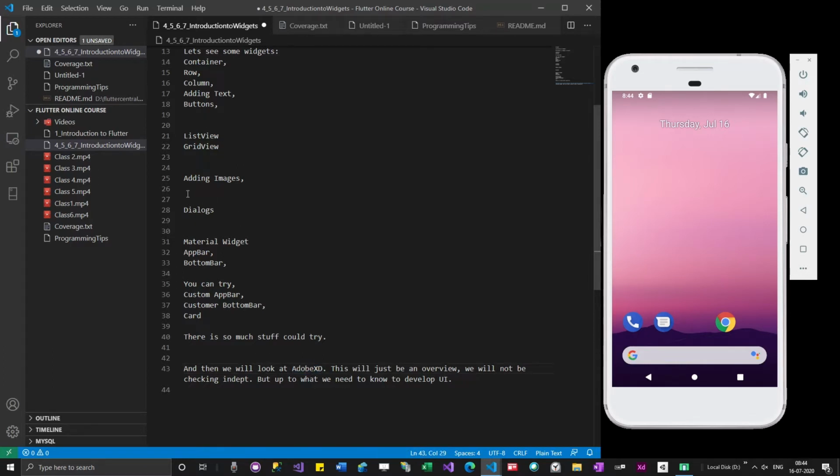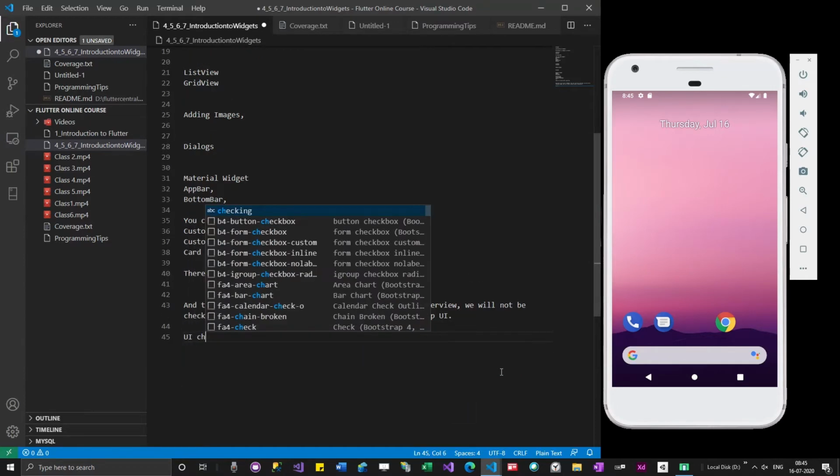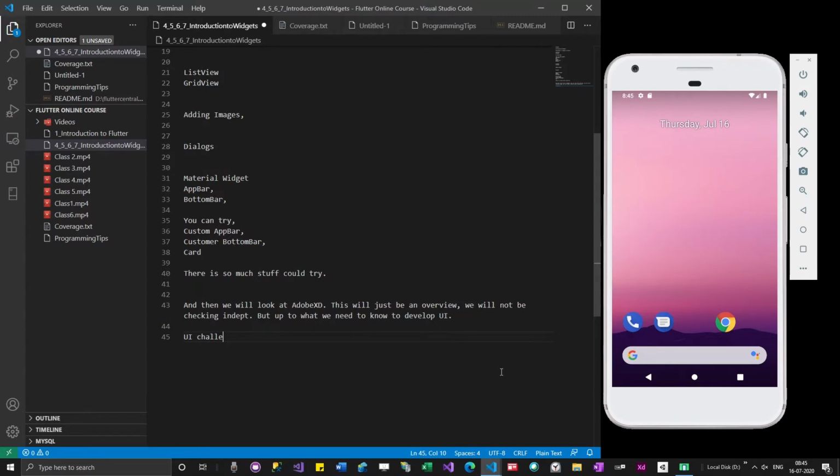Maybe after covering these two, which will probably take 1 or 2 classes, maybe today we'll try to finish this, and then tomorrow or the day after tomorrow we will look into Adobe XD, and then you guys will start doing some user interfaces. The terminology used is UI challenges, so you guys will be doing some user interface challenges.